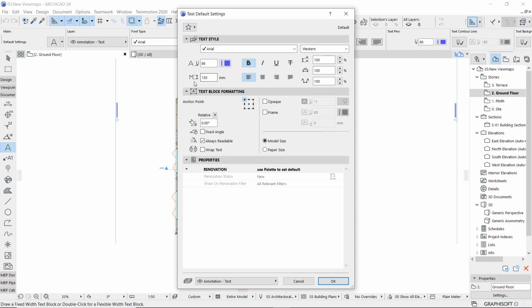For example, if I print this drawing for 1 is to 100, then 150 divided by 100 will be the height of the text, that is 1.5 mm. But if I print the same drawing for 1 is to 50, then 150 divided by 50, that is 3 mm. Got the point? So normally we prefer the paper size option whenever you want to set the height of the text.